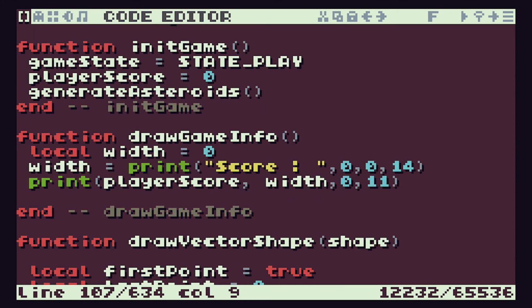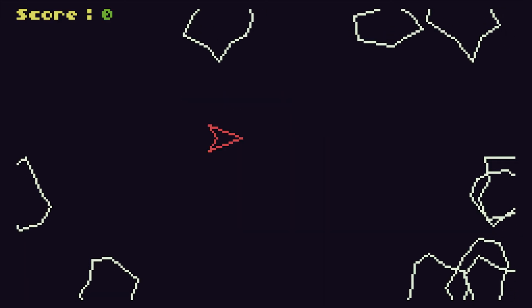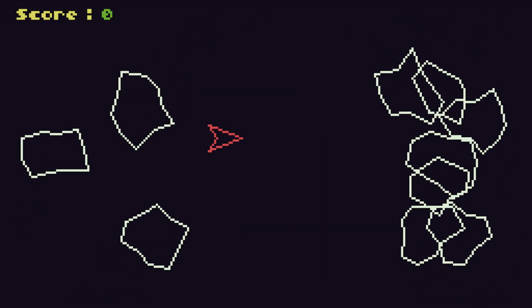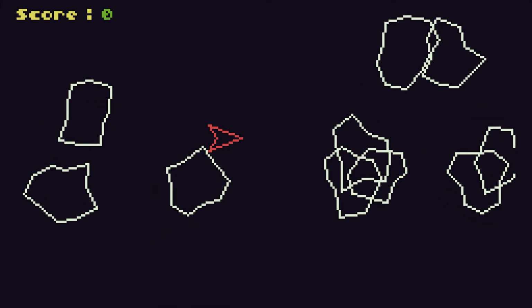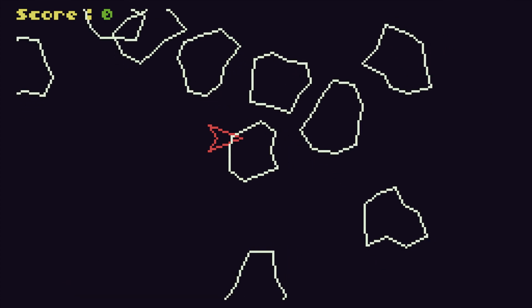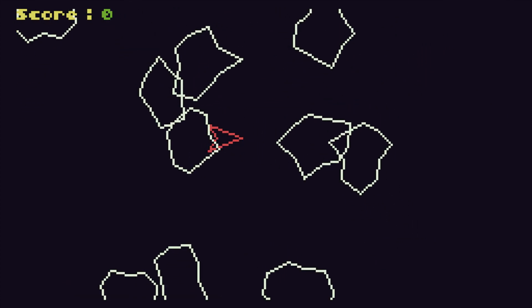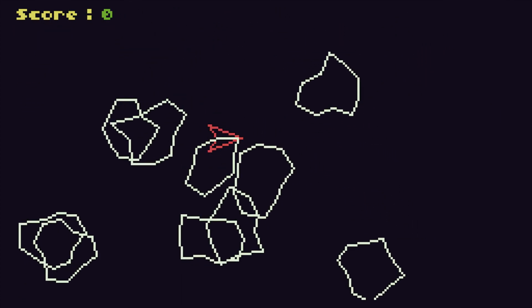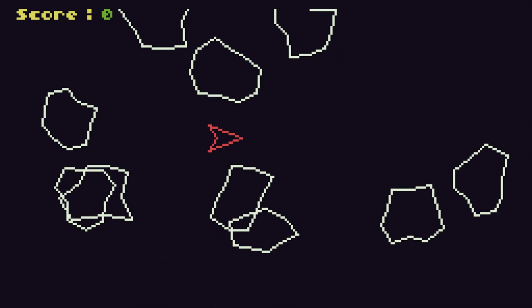So if we come down here for the game info, it's going to use this print statement. And we're going to use it a little bit differently, because of the effect I want to achieve. If I actually run this and press Z, if you look in the top corner here, I'm having the word score printed out in yellow and then my actual score printed out in green. So I need to actually put two print statements together there, but have them align correctly horizontally. So if I come back to my code,